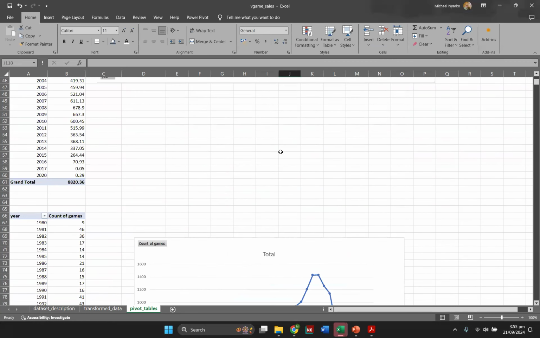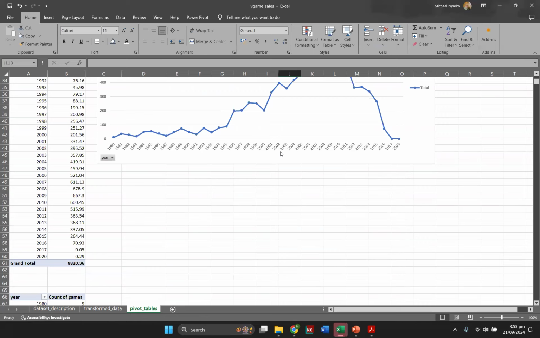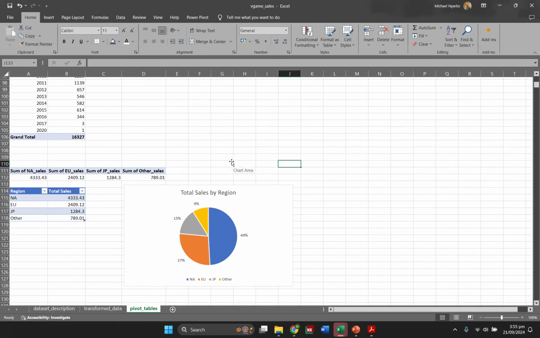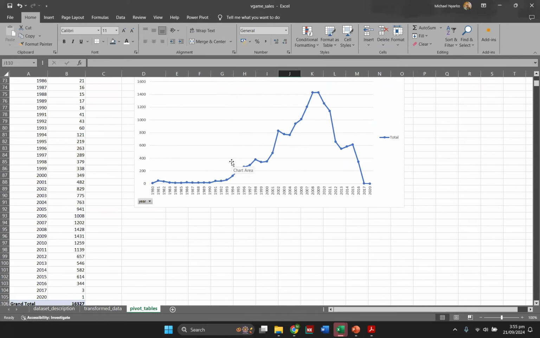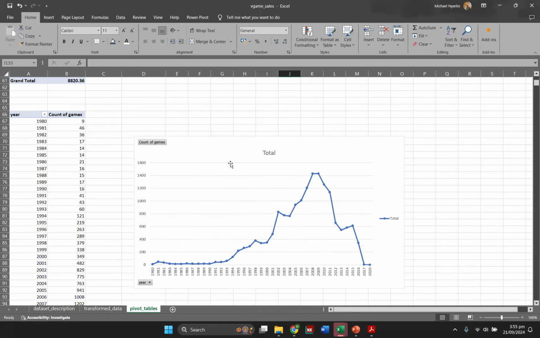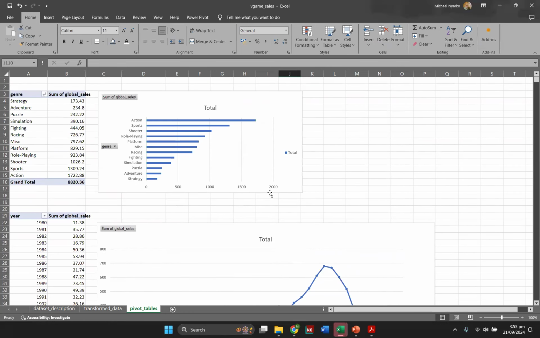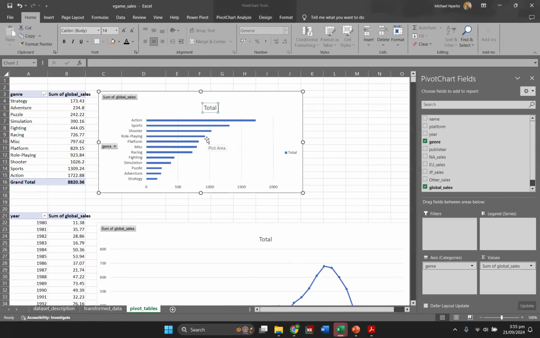So we now have 4 different charts. We have total sales by region. We have count of games across the years. We have sum of total sales across the years. And then we have sales by genre. So let me rename everything so we don't get lost. So total sales by genre. And then we have,